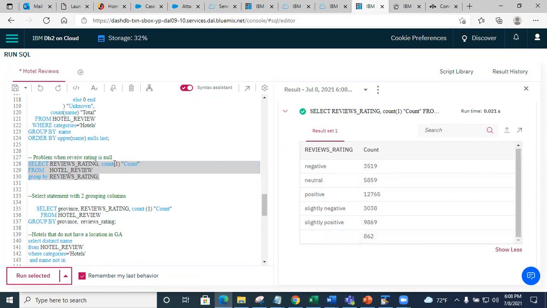So the whole idea is that missing values could be a little bit tricky, because if I put the column name in here, review rating, then the problem is when the review rating is blank, it's not going to give me anything, right? On the other hand, if I put count star or count 1, it's going to give me the count. So nulls are a little bit tricky, right?